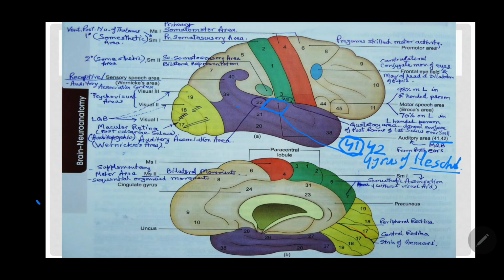The vestibular nucleus is laterally placed, and it even gives an impression into the floor of the fourth ventricle. And even lateral to this vestibular nucleus, you find the cochlear nerve nucleus, and there are two, dorsal and ventral cochlear nucleus on the two sides of the inferior cerebellar peduncles.